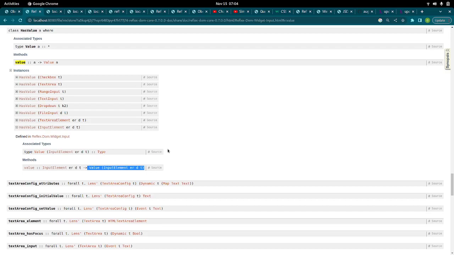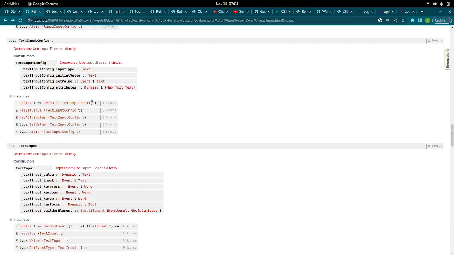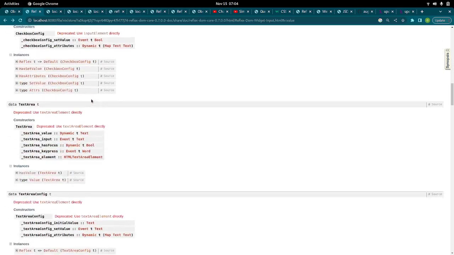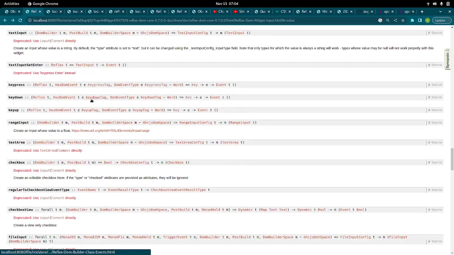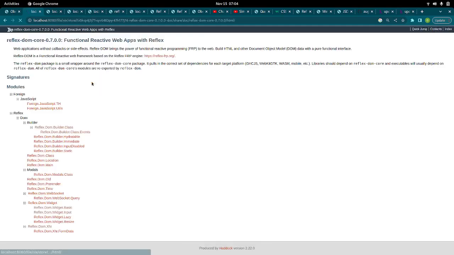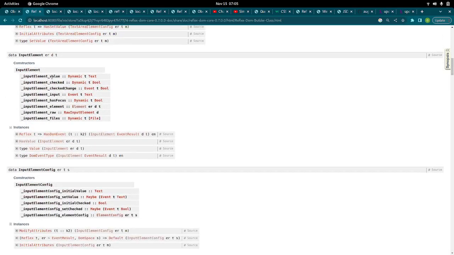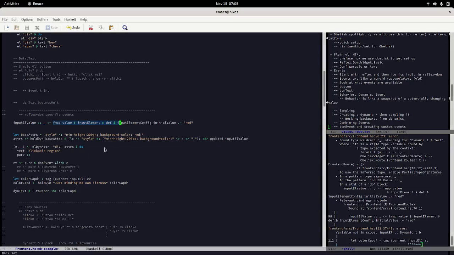I think I've even looked into it before. What this really means is you can almost think of it as a synonym. The synonym for input element in the sense of value is the value of the input element, which just comes directly from the actual type itself. So I just don't find it very interesting. Anyways,